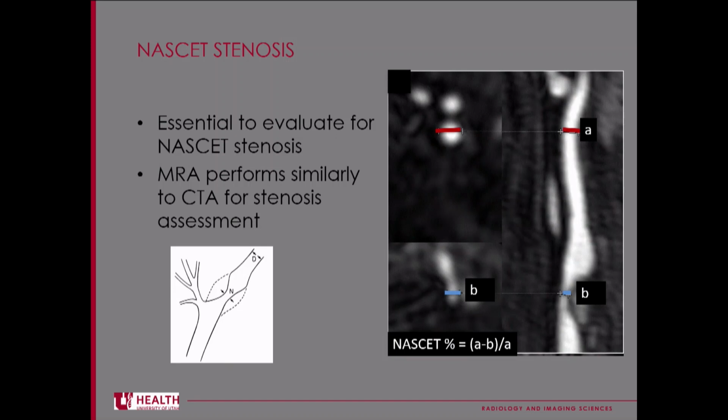So next, of course, on every image that we look at for any kind of MRA or CTA of the extracranial vasculature, it's really essential to evaluate for the degree of NASCET stenosis. And you can see a rough estimate of how NASCET is measured, and contrast-enhanced MRA is pretty much equivalent to CTA when evaluating for NASCET stenosis. So as we know,